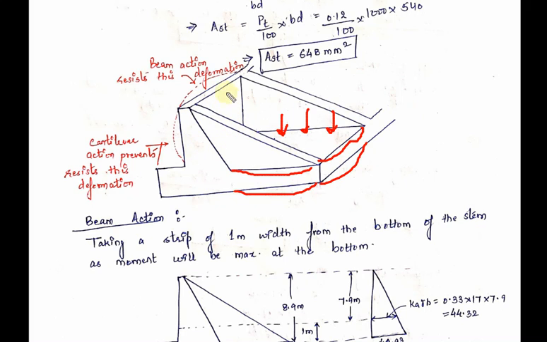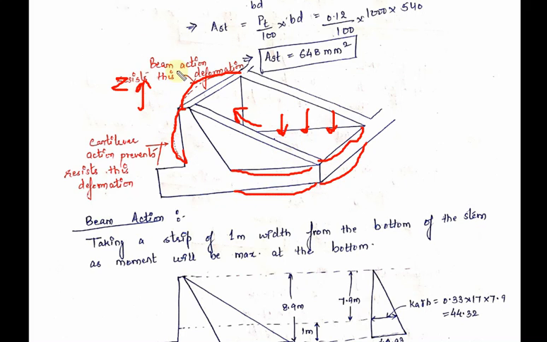Now, if I look at the stem part of the retaining wall, when the soil pressure acts on this stem, it also deforms in two directions. One is this vertical direction and the other is this horizontal direction, or the y direction. If this is your z axis, the stem deforms along the z-axis as well as the y-axis. Therefore, we can also say that the deformation in the stem is bidirectional, just like we saw in the heel portion of the retaining wall.